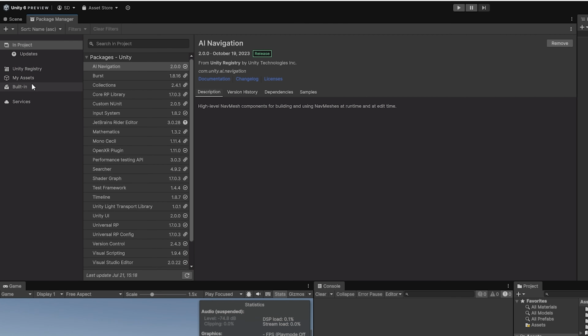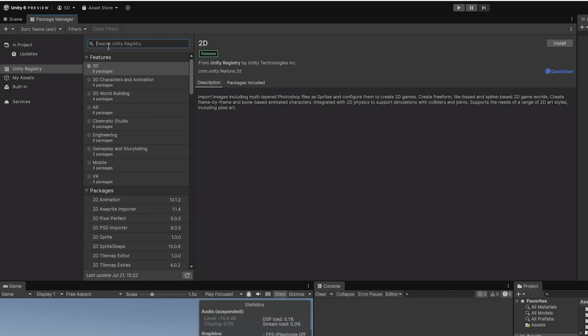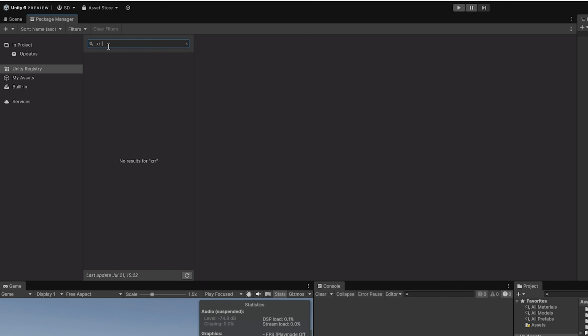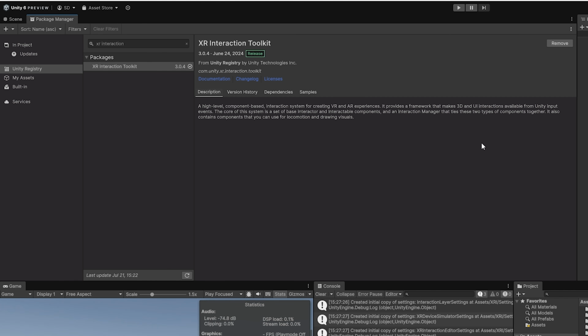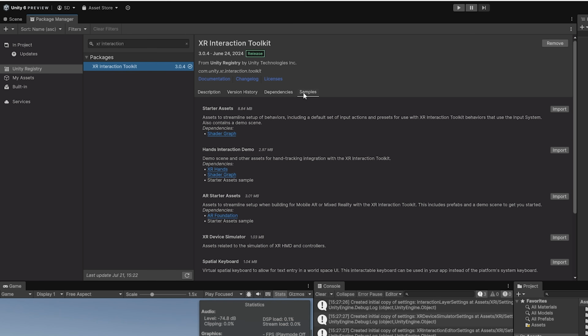Inside the package manager, we are going to go to the Unity registry, and we are going to look up the XR Interaction Toolkit. And you'll find it right there, Interaction Toolkit 3.0.4. Go ahead and install. Once that's installed, we're also going to install some samples. We're going to get some starter assets here. And this is just going to give us a few prefabs and stuff,